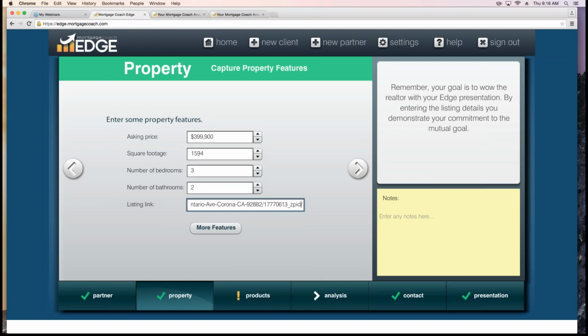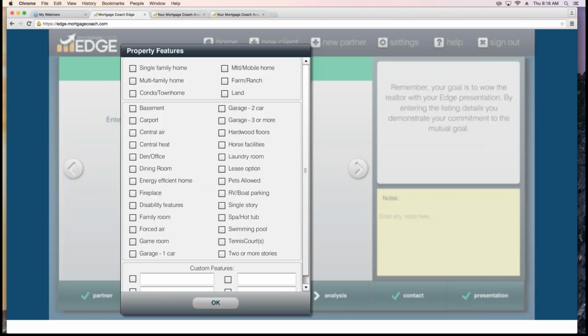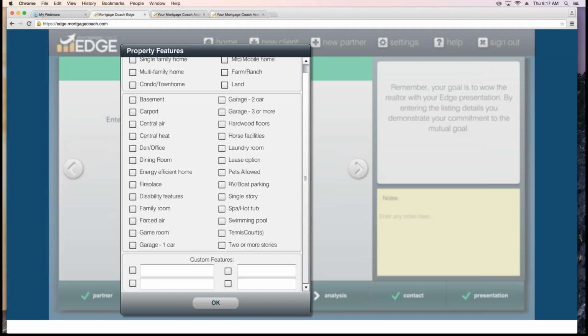And then now let's add our different features. So if we click on More Features, this is where you can add the features. So besides the ones that are automatically there, you also have 4 areas for custom features that you can put in your own labels. So with that, I want to indicate we have a large lot size, so I want